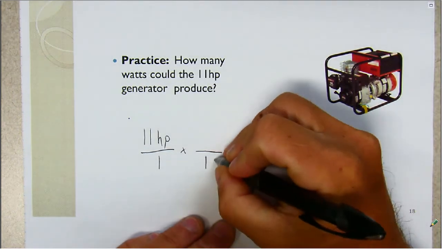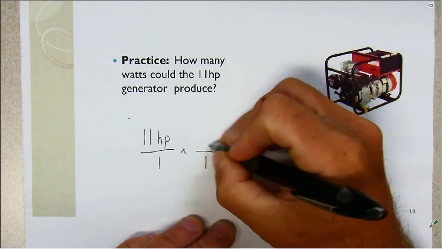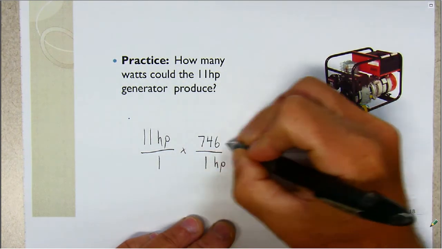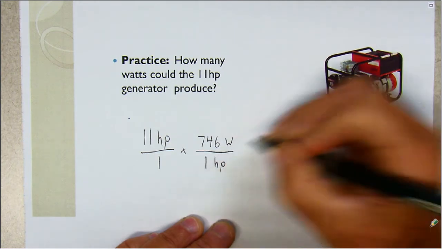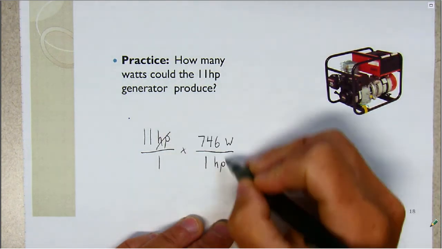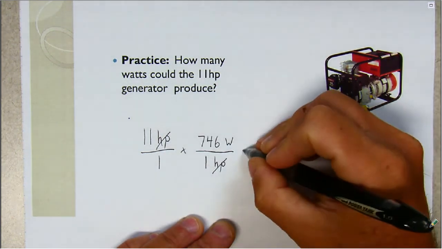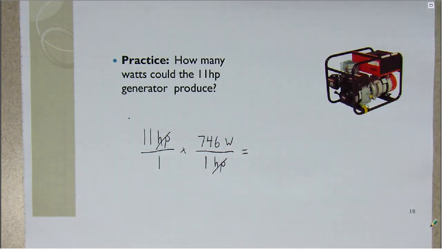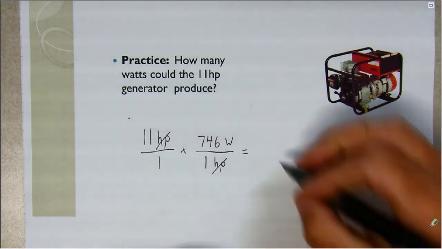So we'll put horsepower on the bottom since we're trying to cancel those off. 746 watts goes on the top. Capital W is the symbol for watts. Horsepower cancels. And all we need to do on our calculator here is take 11 times 746. No need to divide by 1, that won't change anything. And if you do that, you get